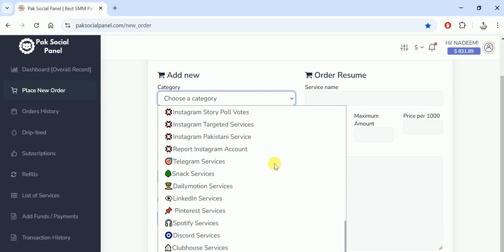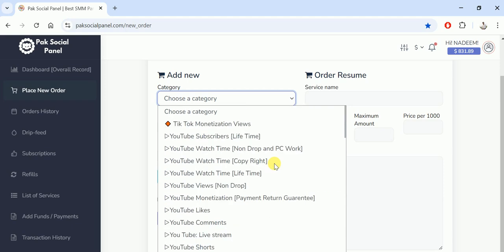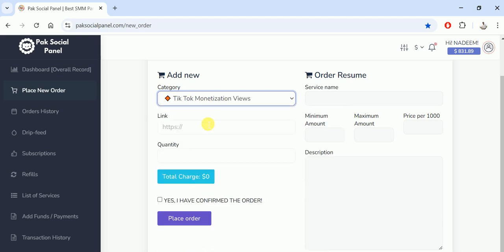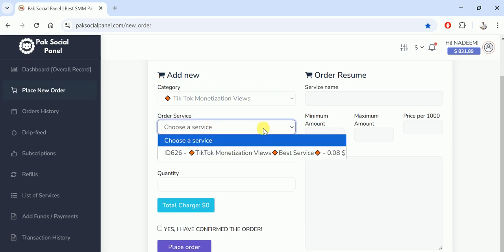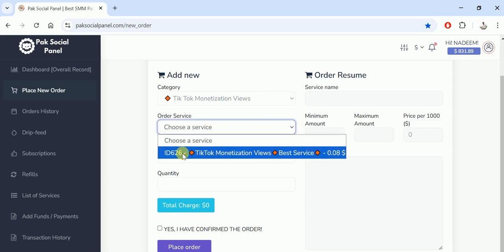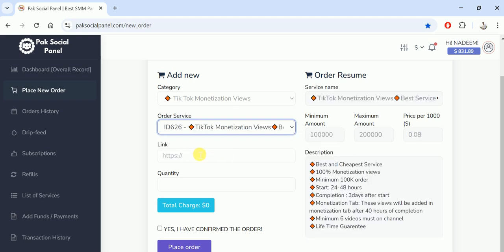All these services are available here, and I will make videos with full details. For example, I am going to select the first one, TikTok monetizations. Then these are the possible services that they offer. I will click here. Here I will put the link, but you can see here the service name, minimum quantity,